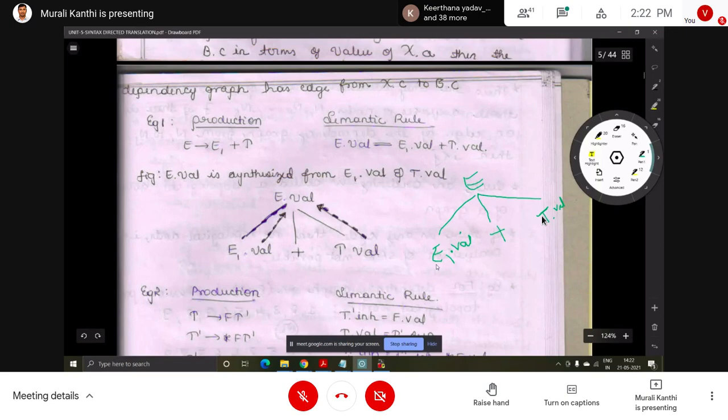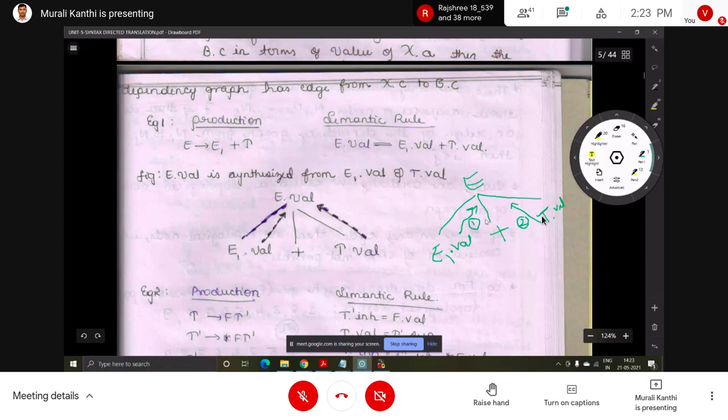The value of E1 is taken by E, and the value of T will be taken, and this can be evaluated: E1.value plus T.value, both will be added, that means addition is performed between these two. So we represent this with arrows. This is the first operation, then next, the T value will be taken, that is the second.